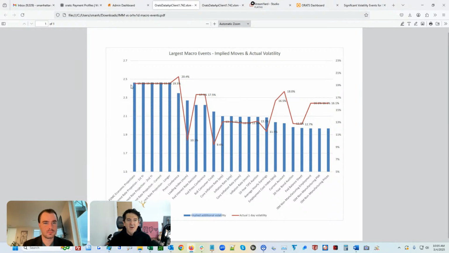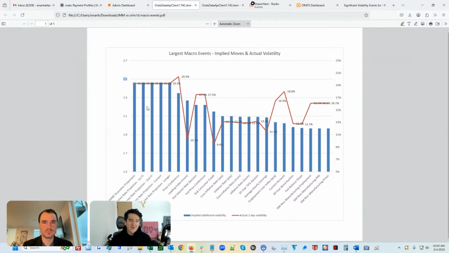So they're slightly different axes. So when we say 2.5, that means it's 2.5 times normal, or 150% over. So that's a huge implied move, and again,